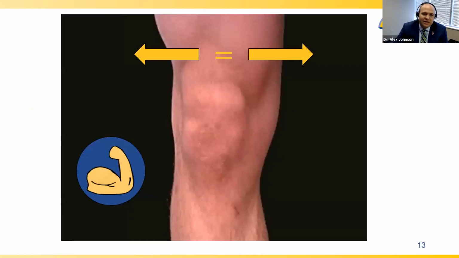So how do we fix it? Well, you really have to have a balance of the muscles around your knee. So here's your patella right here. The muscle on this medial part of the knee is a part that generally can be a little bit weaker than the muscle on the outside. So what we do with therapy is work on strengthening this medial side and this quad muscle. And generally that's enough to get you pain-free with this patellofemoral pain.